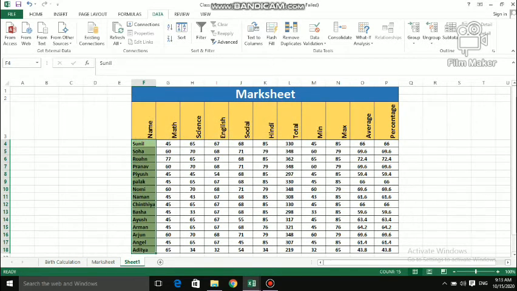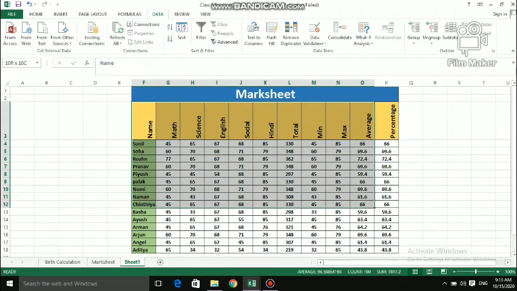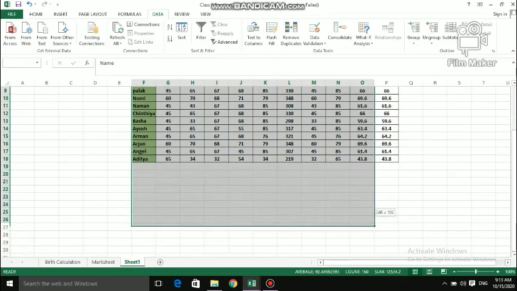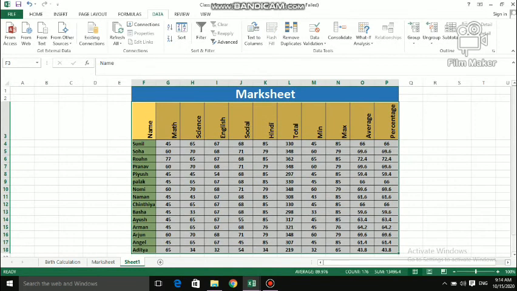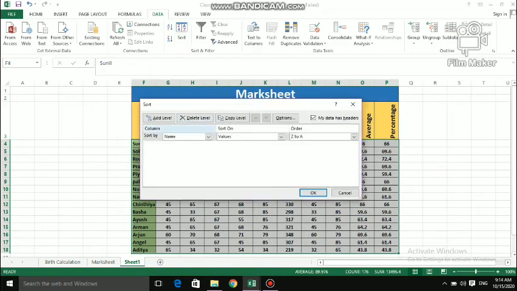So let me select the whole worksheet. Okay, I have selected the whole worksheet. Now let me go to Sort again.